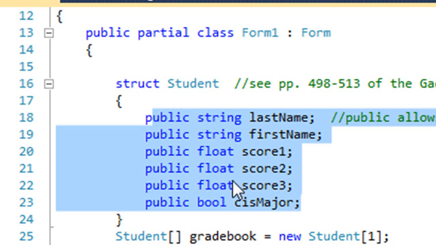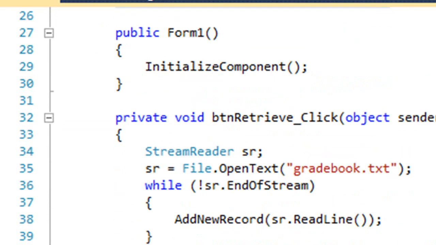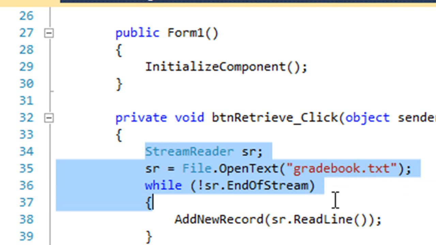The reason I did float here was you could have a half score. Maybe a student got 75 and a half on a score. Then we create an array of type student called gradebook. It's going to have one element in it. And the same thing I did before, I'm going to open a stream reader, read in that gradebook.txt, and use a while loop to read in one line at a time